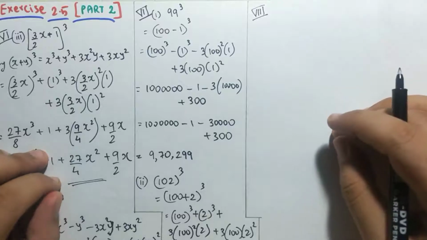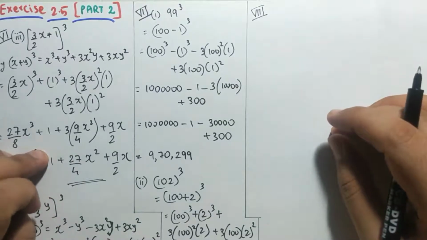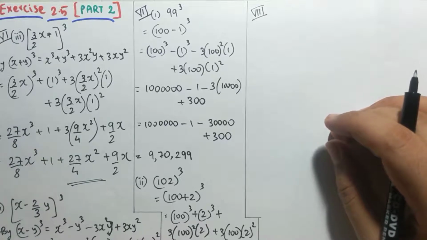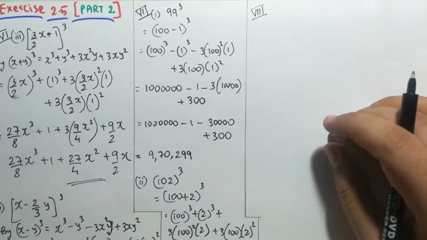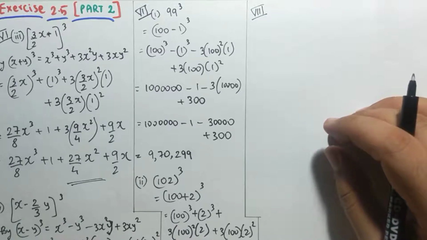Again in the 8th sum, now the RHS would be given and there would be 4 terms now. I want to do some easy sums, so you can do some difficult sums. If you are in doubt, you can ask me in the comment section, but try to do those difficult sums, don't panic. Okay, so I'll be doing the first and fourth. The remaining you can do by yourself.